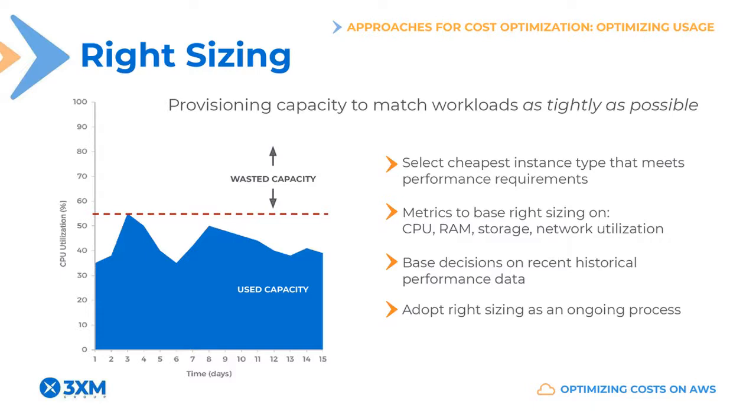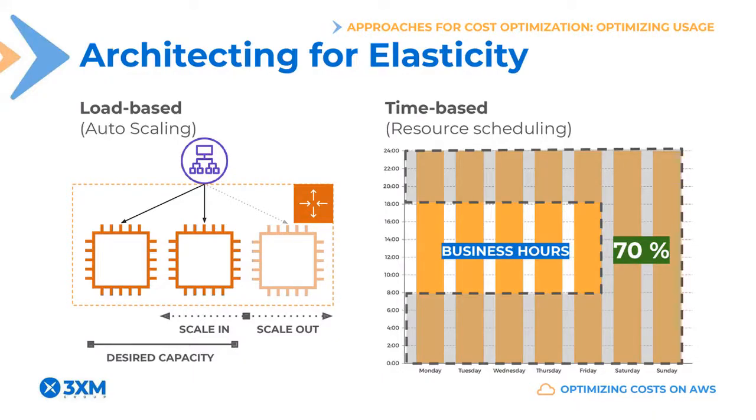In any case, decisions for right sizing must be based on recent performance data observed over a period of at least a month. If you analyze shorter periods, like 2 weeks, for example, you might miss important load patterns and end up under provisioning your resources in some cases. The thing is, one can't solely rely on right sizing to match capacity to demand. The reason being that for most workloads, demand changes over time. So in order to be able to closely match resources with demand at all times and avoid overpaying, one must also leverage the cloud's elasticity.